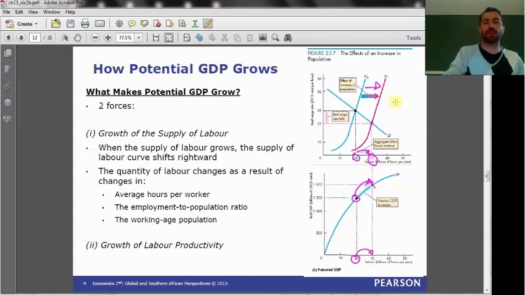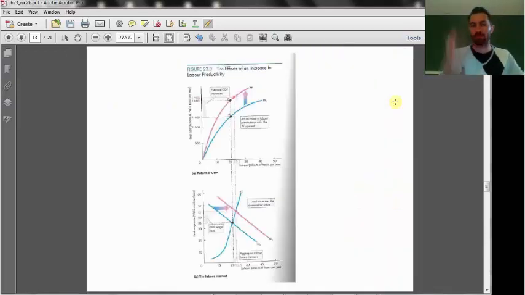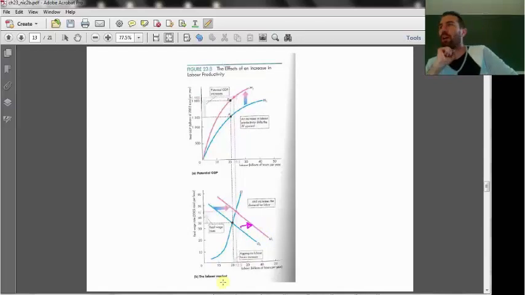We also have labor productivity. What does this look like? There's no graph of it in your original slides, so I just photocopied it from the textbook. What happens when we have a growth in labor productivity? A growth in labor productivity results in a shift to the right of the labor demand curve. What that tells us is as laborers become more productive, the amount of output each laborer produces increases. What does that mean? It means for any given quantity of labor,